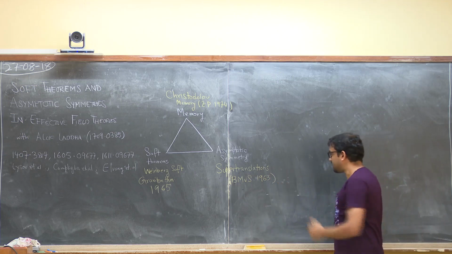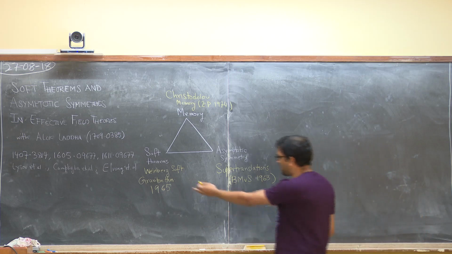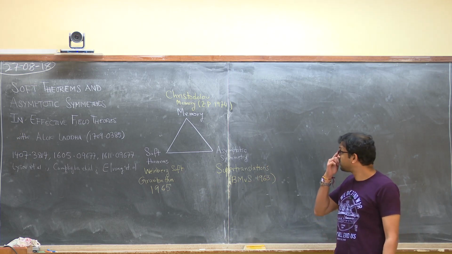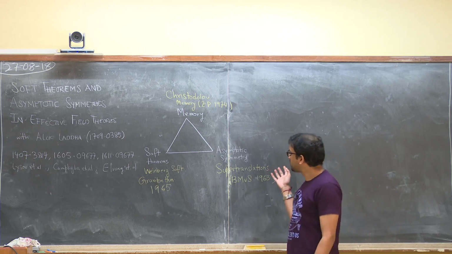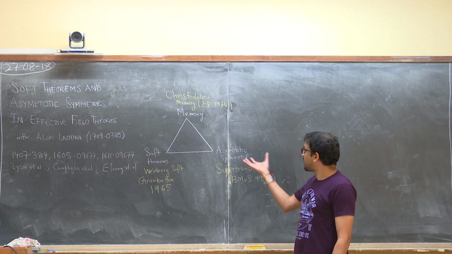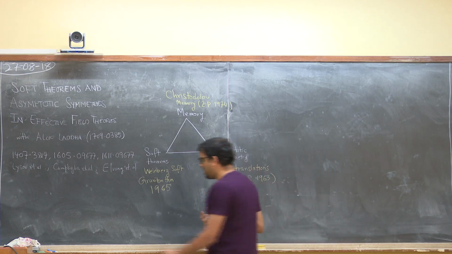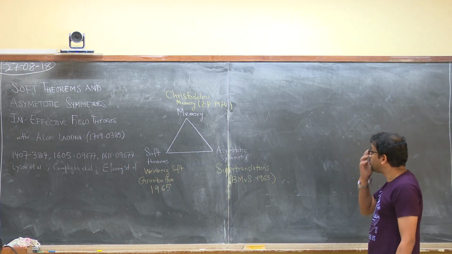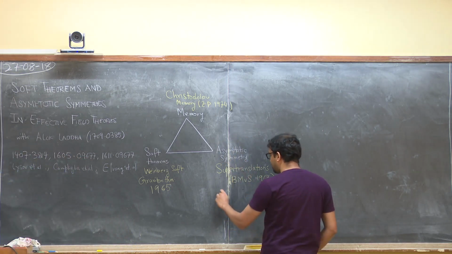Supertranslations, on the other hand, were studied by BMS. So they're formal relativists. They were more interested in the structure of GR in flat spacetime. And Weinberg, of course, was a particle physicist, and he was interested in the structure of scattering amplitudes. So they're totally different topics, and each has been developed for about 50 years or so. But this triangle is very nice because this is a classic example in which all three sides were known for a long time, yet if I know one side, I can deduce all the other sides. Another place where you can apply this feature came about in the study of super rotations.